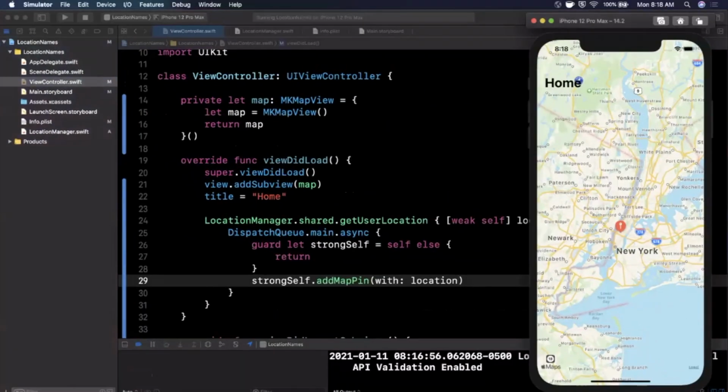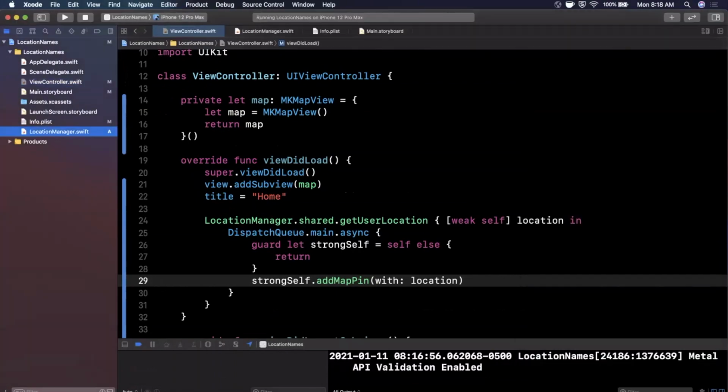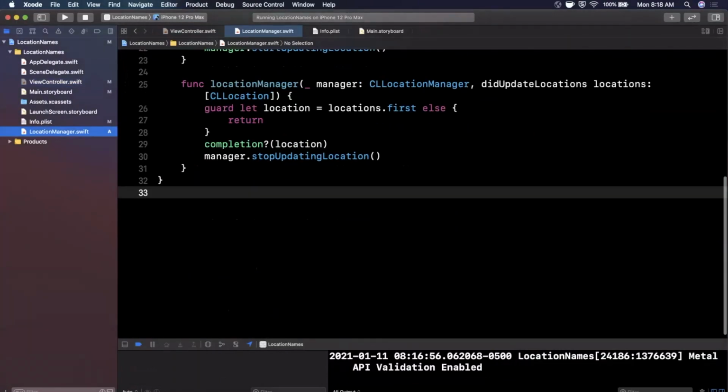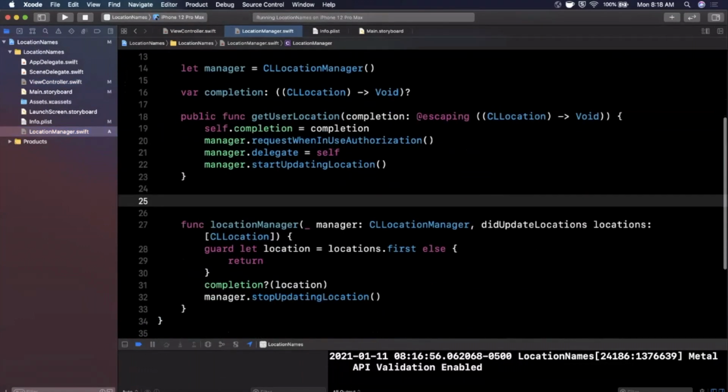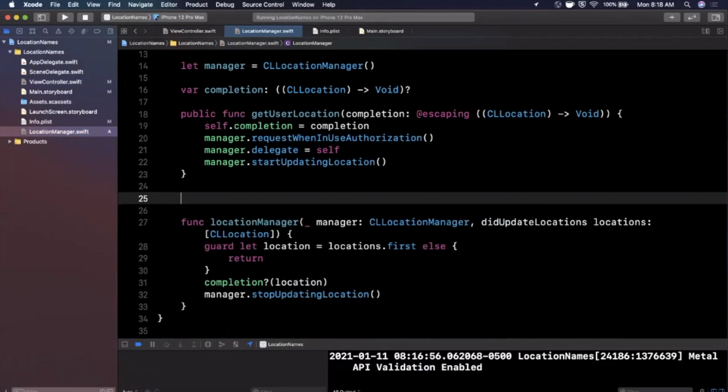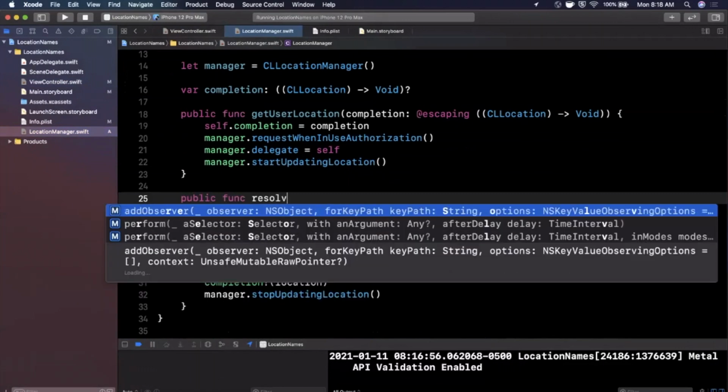So the process of converting a location to the kind of friendly name is called reverse geocoding. So geocoding would be taking the name and getting the location coordinates, and the reverse of that is basically the reverse. So what I'm going to go ahead and do is we are going to go back to the location manager, and we're going to add a clean function on here, and that's going to be able to resolve the location. So we're going to say public func, and this will be resolve